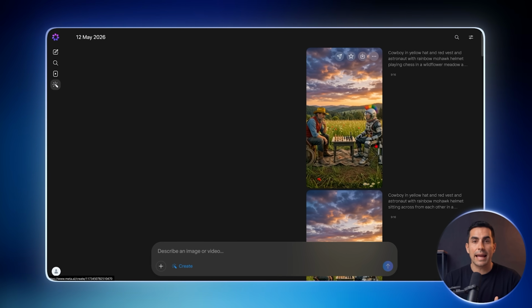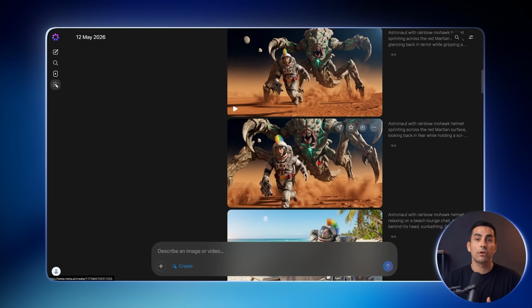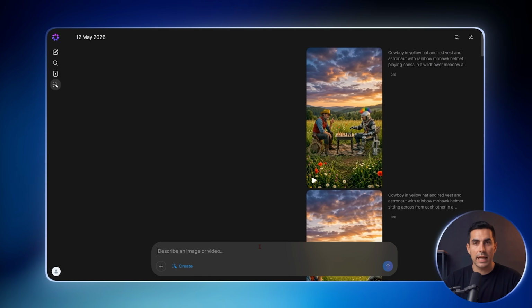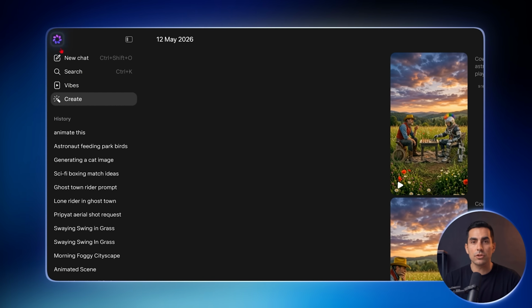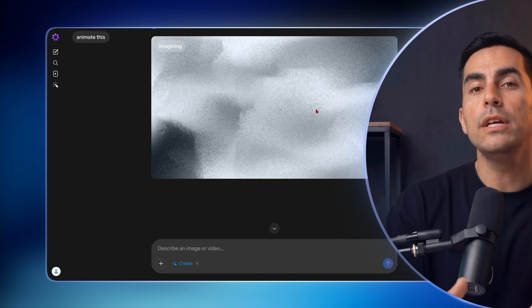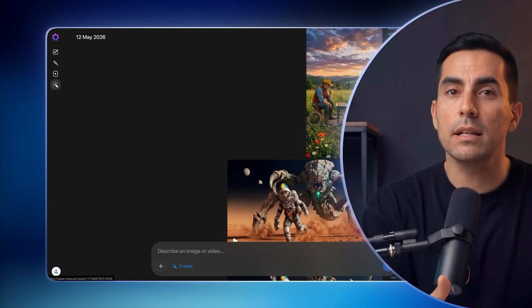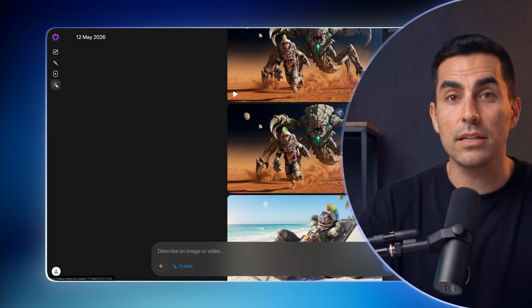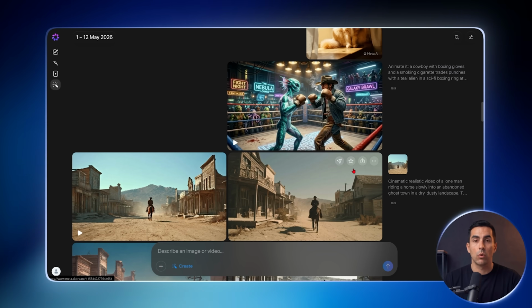To check the limits, I animated the images I had created earlier. I found one small bug that might happen to you too. Sometimes, after uploading the image and prompt inside Create, the video did not appear there. When that happened, I went into the history, opened the latest generation, and the video was there. So if your video does not show up immediately, do not assume it failed. Keep creating the clips in the same chat, then check the history or the latest generation. The videos were there, and I could download them in order.